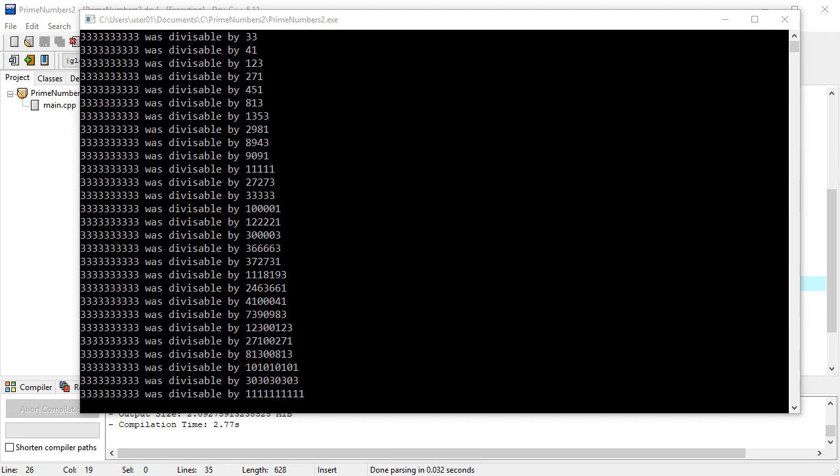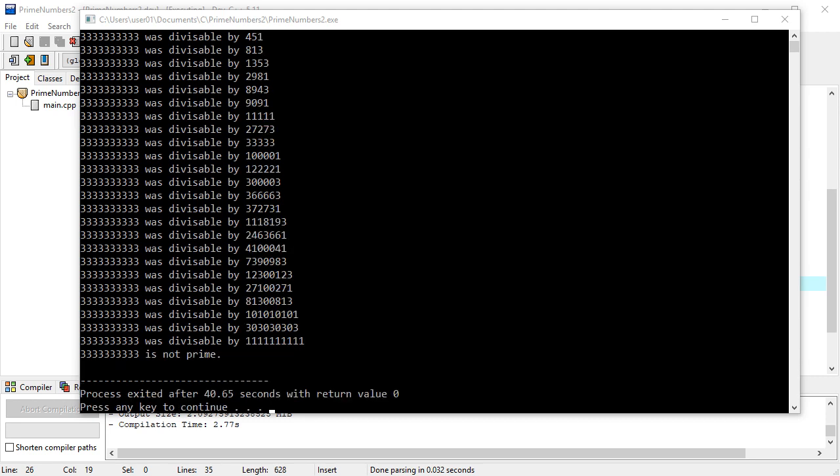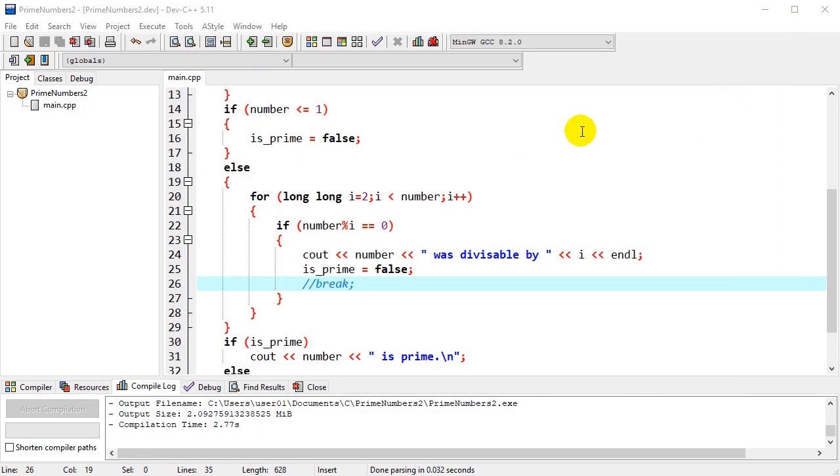So just a way to put little inputs inside your program to do some checking to see what's actually going on, you know, self-check sort of stuff. Okay, so it took a little bit longer this time because we're outputting stuff to the screen. So it took about 40 seconds, and we'll do that. So let's leave this break in because that was a